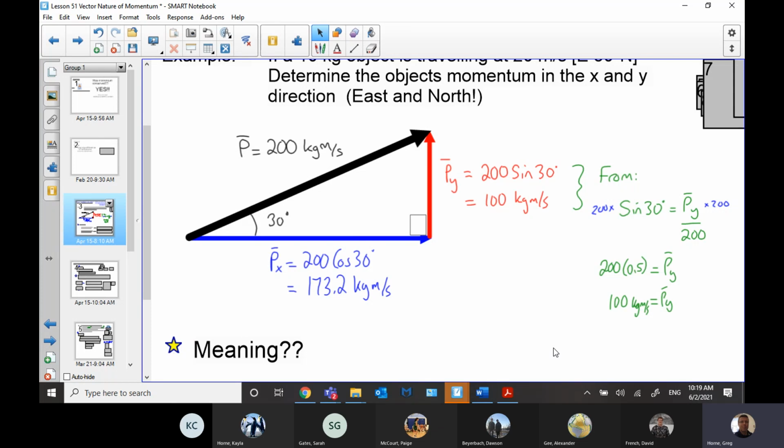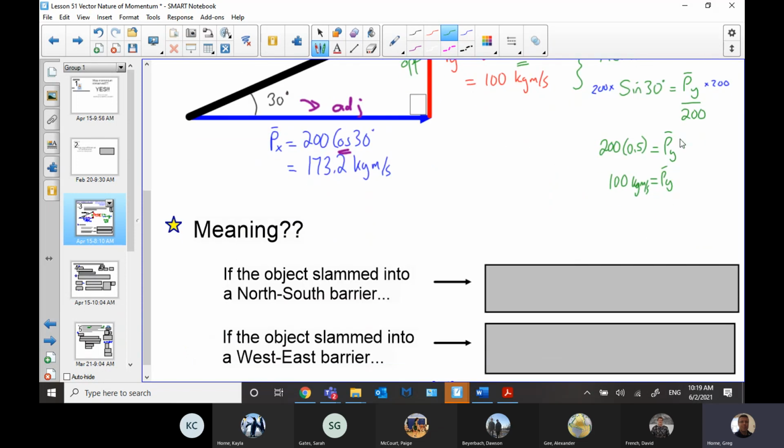I'm just going to get my pen here and make a couple notes. So this is obviously adjacent to the angle, and so we're using cos. And over here, let's go with a different color, green or something. Here we're opposite, and so we're using sine. Right, that's how I want you to be doing it. But short of being able to do that quickly and easily, you do it the long way.